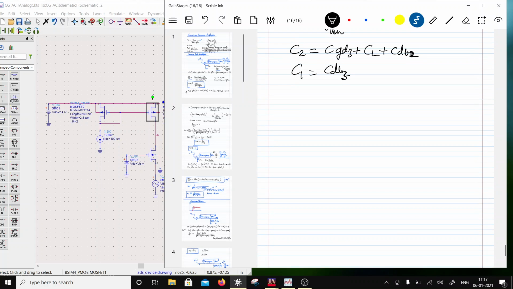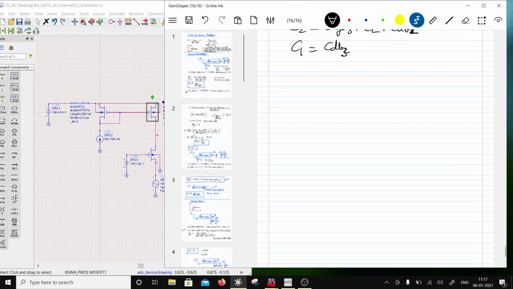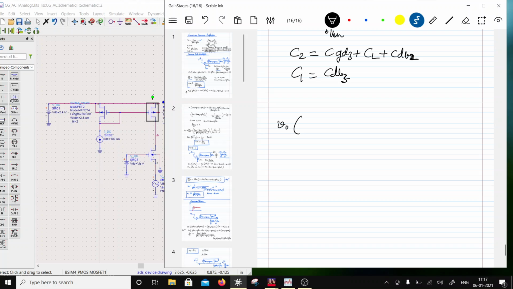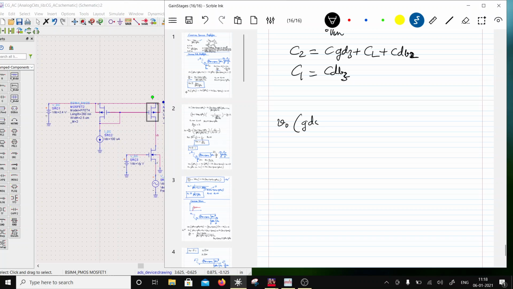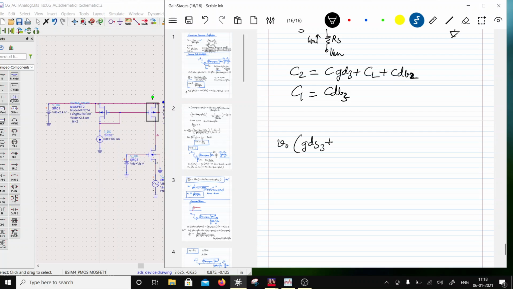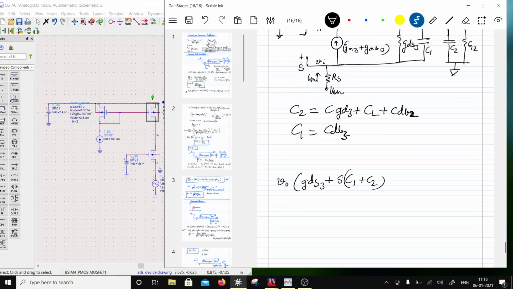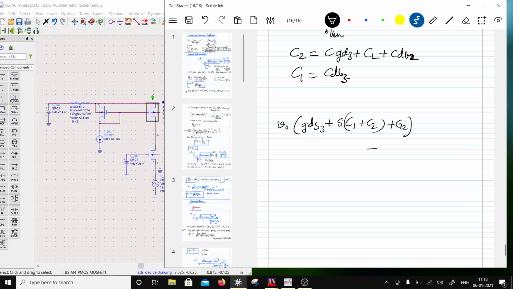Right? So now what has changed here? Anything changed here in terms of treatment? Yes. So let's write this equation again. VO by VO times of what is connected to that, right? VO times of GDS3 plus SC1 plus C2, right, plus G2. Okay, and then minus of SC2, minus of GDS3